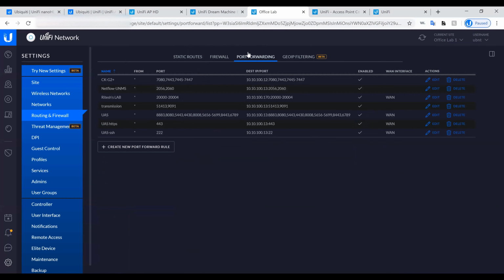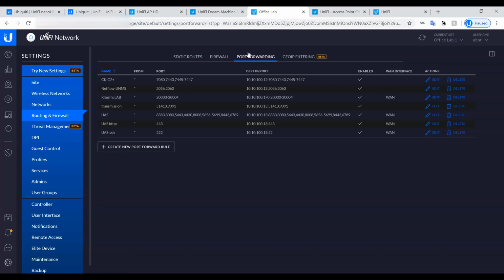Right. So port forwarding is something very basic. We've been seeing this even in simple home routers like D-Link. It will just help you forward external ports to your internal ports. All you have to do is create a new port forward rule, specify the IP address, select the source port and the destination port, and save the settings. Once the settings are saved, it will automatically create a rule that helps you use the port forward. The next is GeoIP filtering.